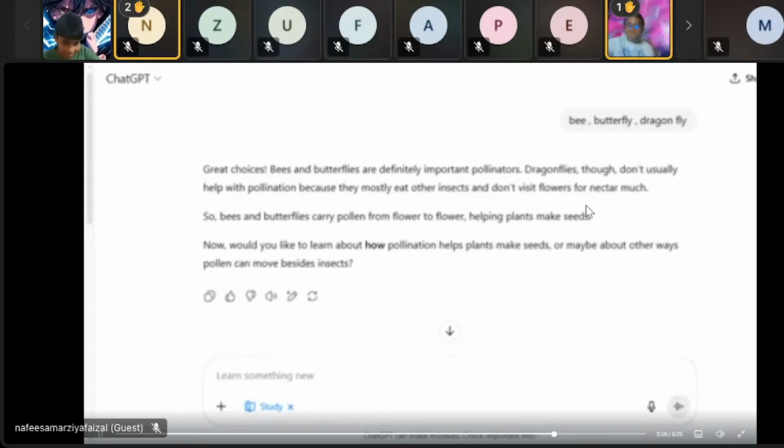Bees and butterflies are definitely important pollinators. Dragonflies, though, don't usually help with pollination because they mostly eat other insects and don't visit flowers for nectar much. So bees and butterflies carry pollen from flower to flower, helping plants make seeds. Now, would you like to learn about how pollination helps plants make seeds, or about other ways pollen can move besides insects? Yes,